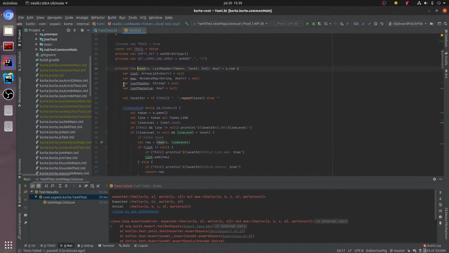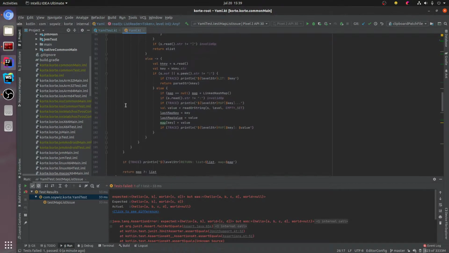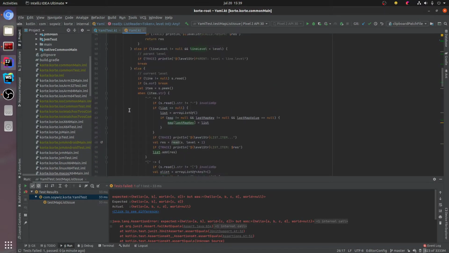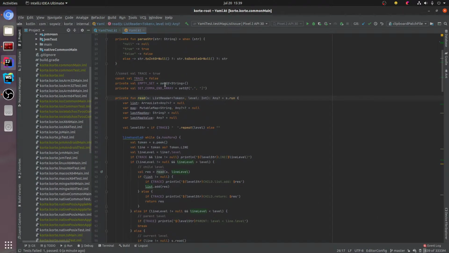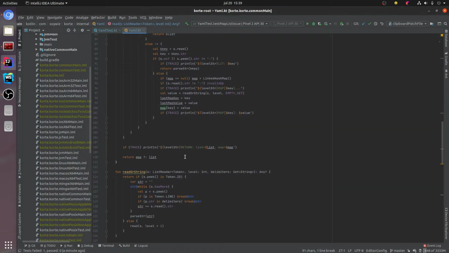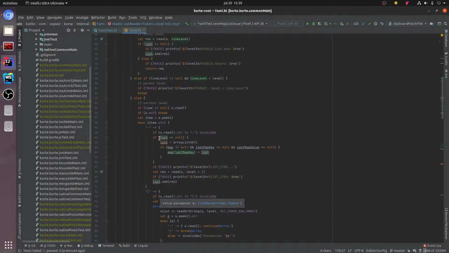In the main method that reads map, we can read a map or a list or both, and then if a map is available we return the map, and if not we return the list. So I think that the problem is here,